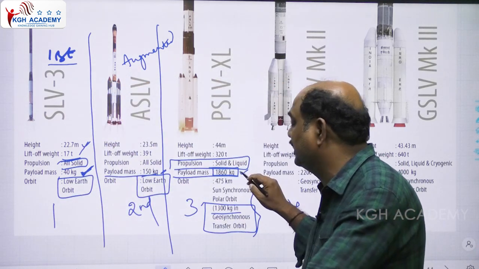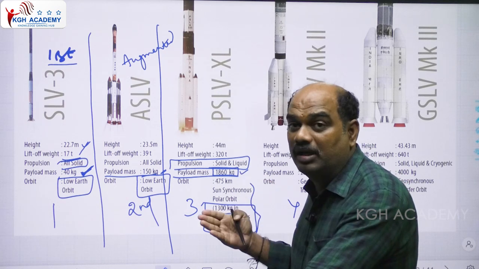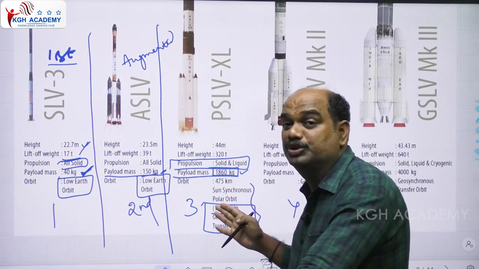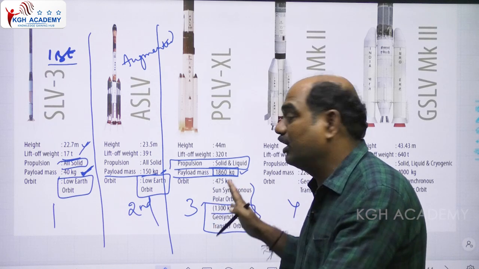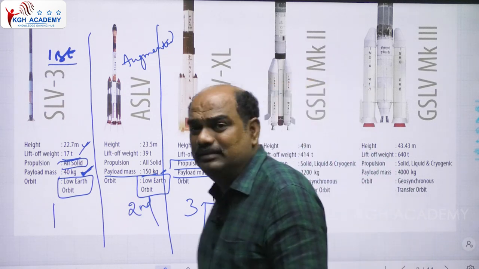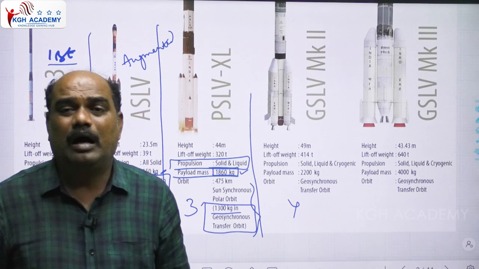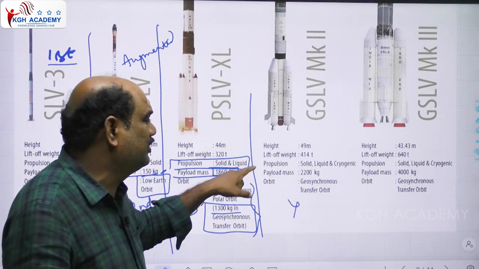And it can deploy 1860 kg satellites into polar orbit, and in parallel it can also launch a 1300 kg satellite into the geosynchronous transfer orbit. So this is the PSLV. After the PSLV, we can see the tremendous achievement in the orbit launching vehicle